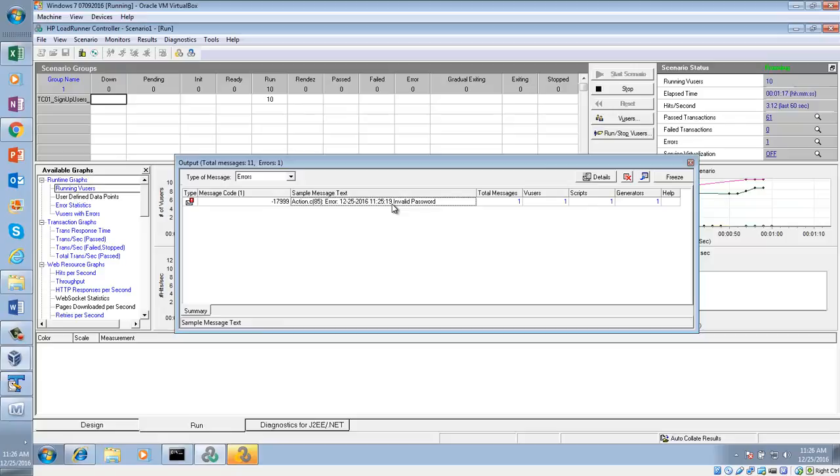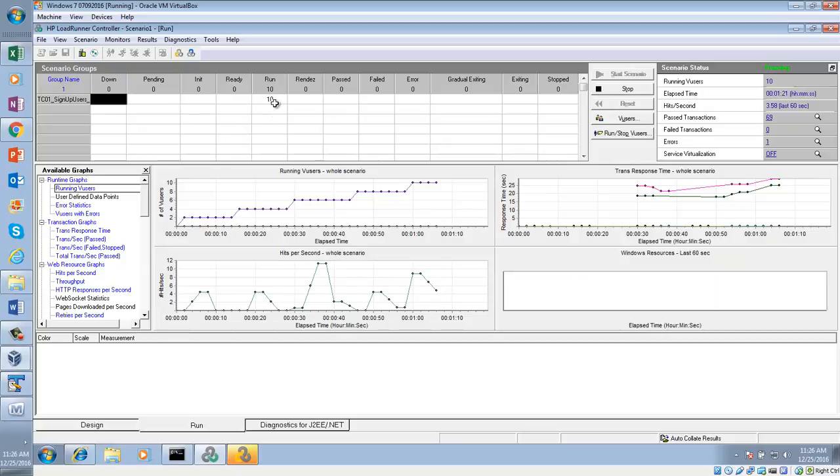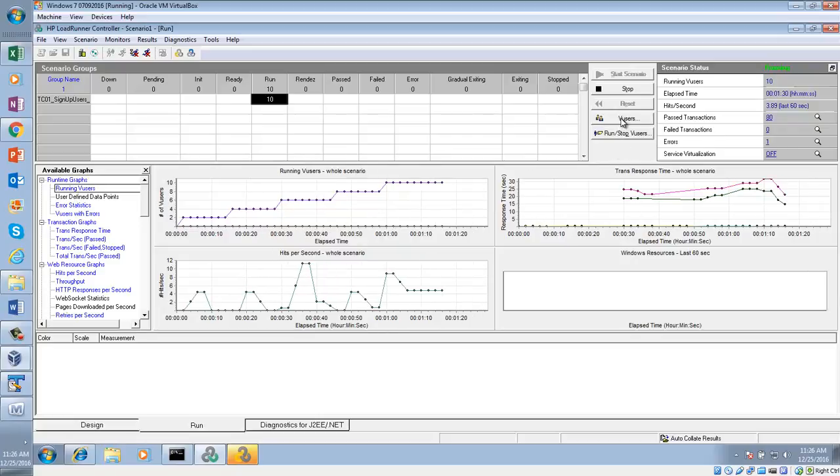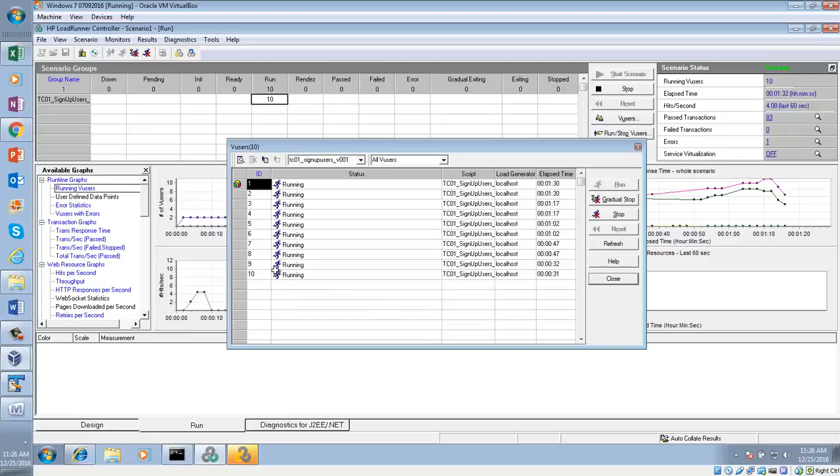Okay. Now, all of our 10 users are working. Now let's take a look at B users. Can you see B users? Go to there. Now can you see how many B users running here? 10 B users running. Can you see already 10 B users? Can you see this run icon? Yeah, they are running already. Okay.